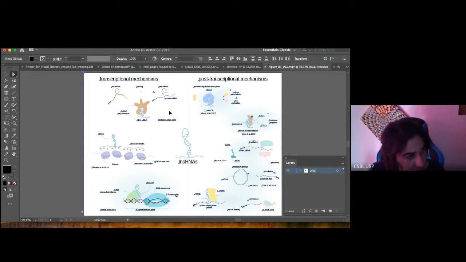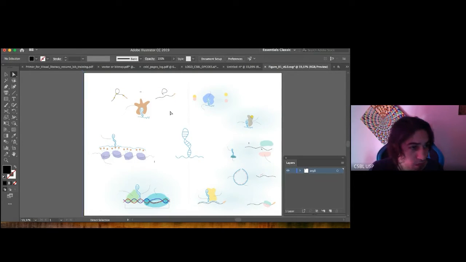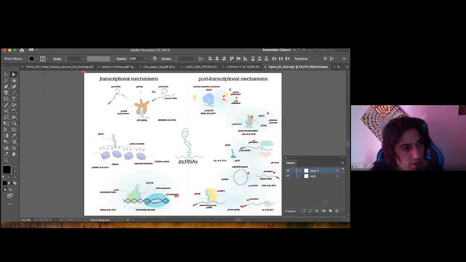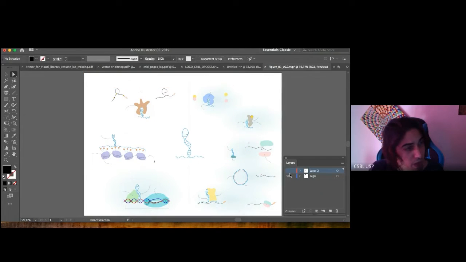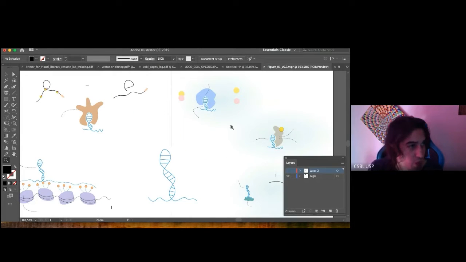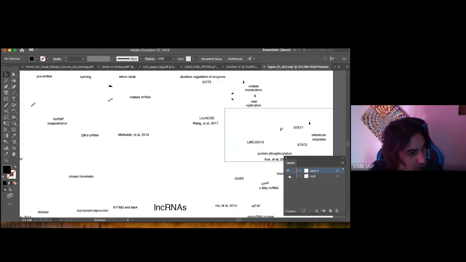And then I can cut this, start a new layer, paste it, and now we clean up the image. So this is basic. And maybe if you try another software, you cannot do this. But I'm sure that in Inkscape you can do something pretty close. Beginning to work with layers